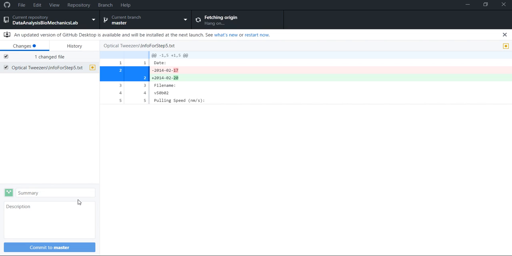So this is called commit. You can make commits for any kind of modification, but you need a summary, which is a description of this change. So here I'm just saying this is a test change. Okay. Now you can commit to master. Master is a branch. I'm not going to introduce more about this, but right now you only have this branch and only this repository here. So you commit this,